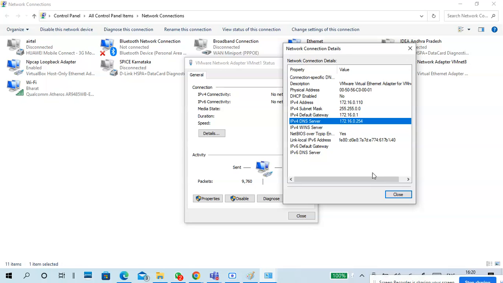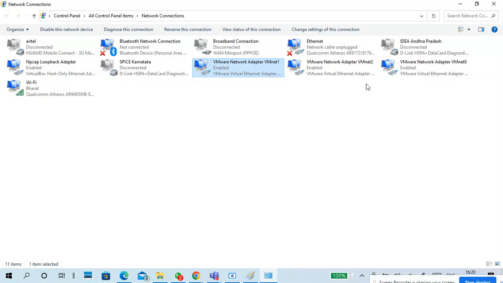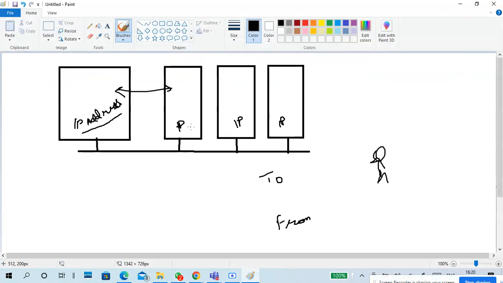Next, this is a laptop or a desktop. We can easily understand how to change the IP address on a laptop or desktop. But certain devices, for example mobile phones, how to change an IP address for a mobile phone?